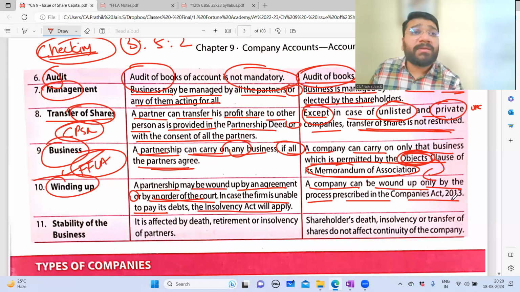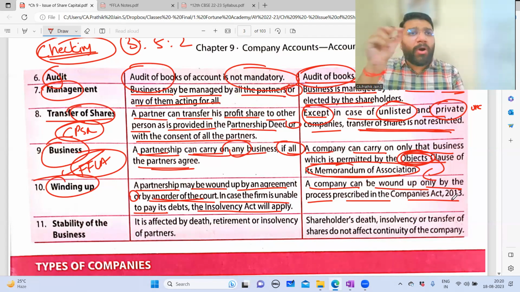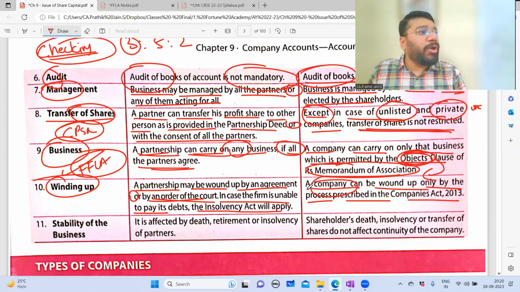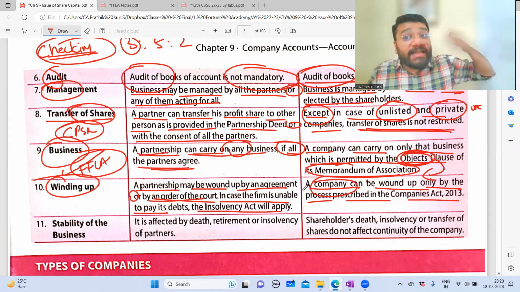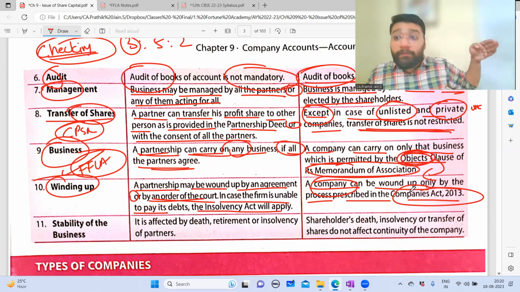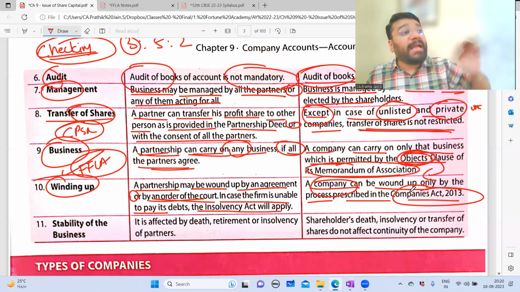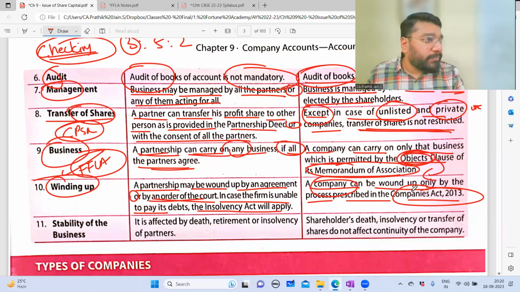See, in partnership, what happens? One fine morning, we got up and all the three partners decided we want to close the business. Next second, you can close the business. Not too many complexities. Just cancel the current partnership deed, contract, everything, a little bit of paperwork done. But in the Companies Act, you cannot do that. You have to follow all the procedure that is laid down in the Companies Act 2013. The list is huge. There are so many compliances that you have to do, upon which only legally a company can be wound up. Otherwise, it cannot be wound up. So the complexity in closing a company business is quite large.